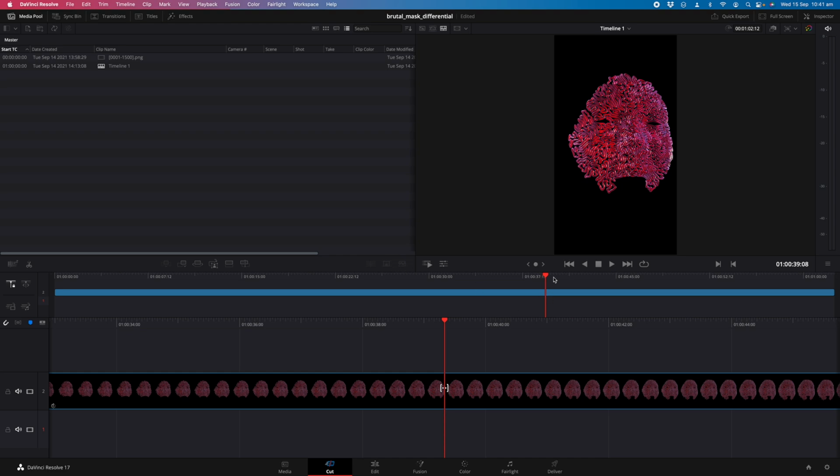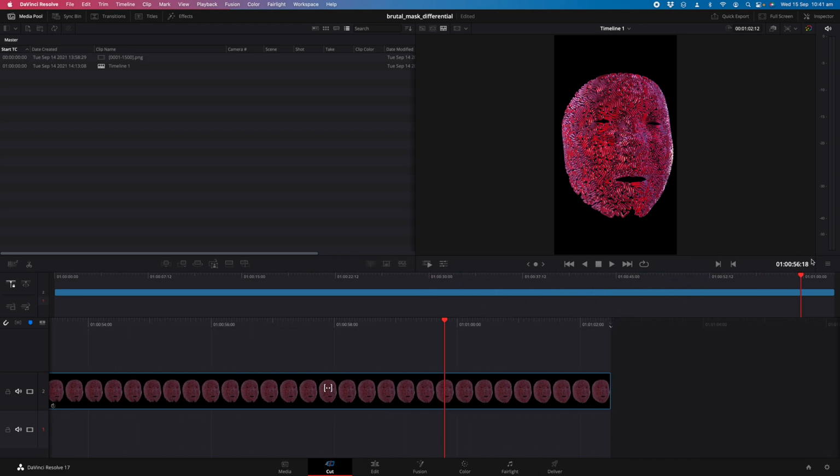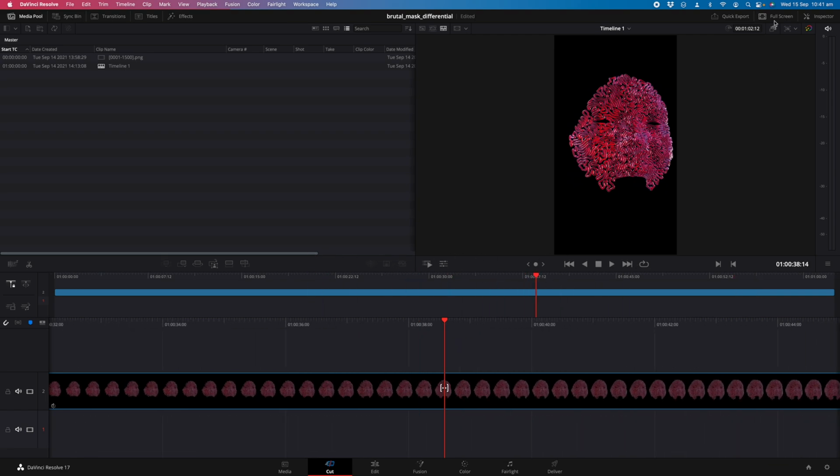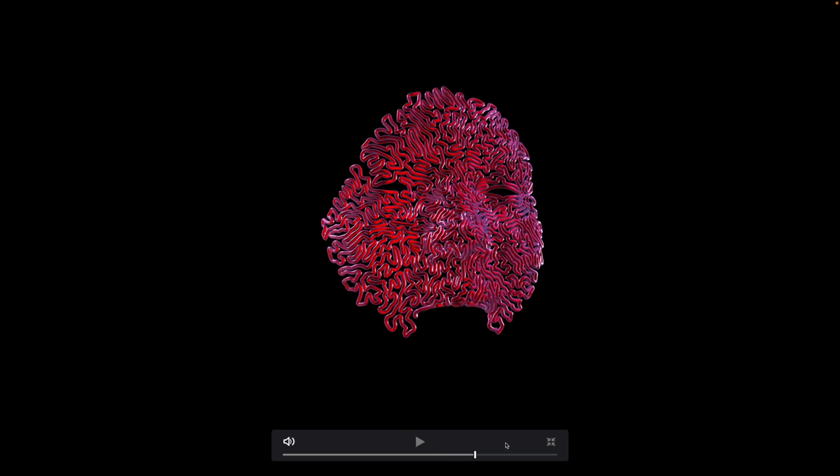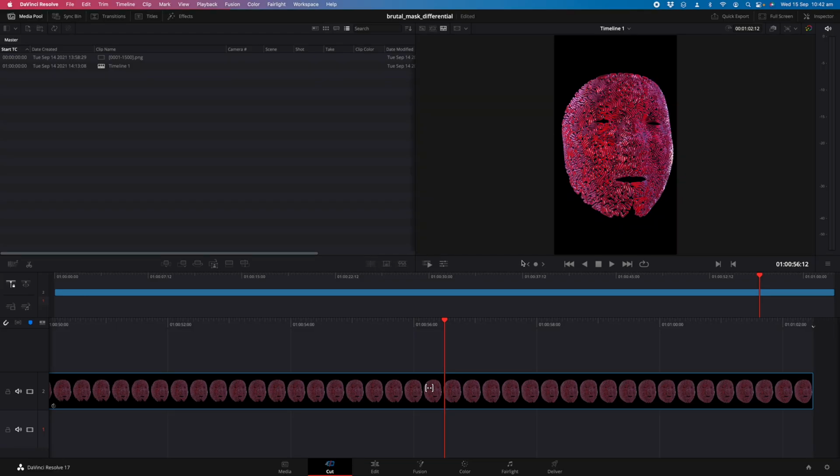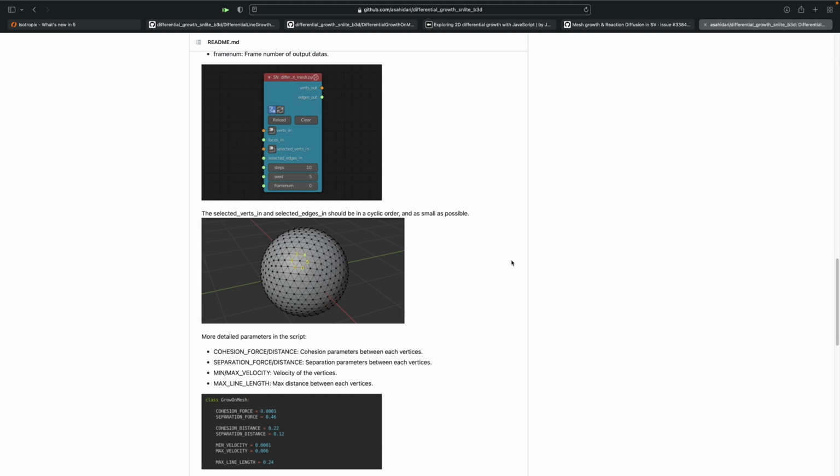In this episode, I'll be showing you how I created this artwork. So you might have seen the video. It's basically like a differential growth on a mesh happening here. So based on this algorithm,